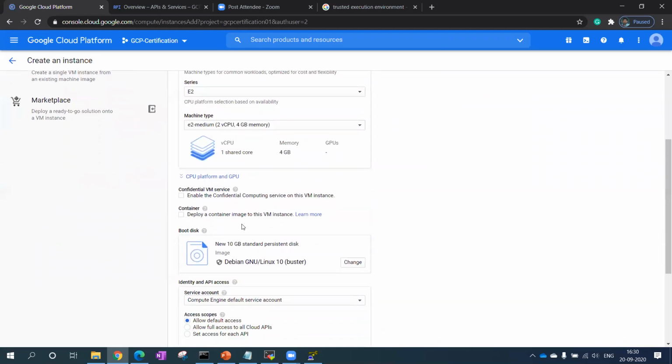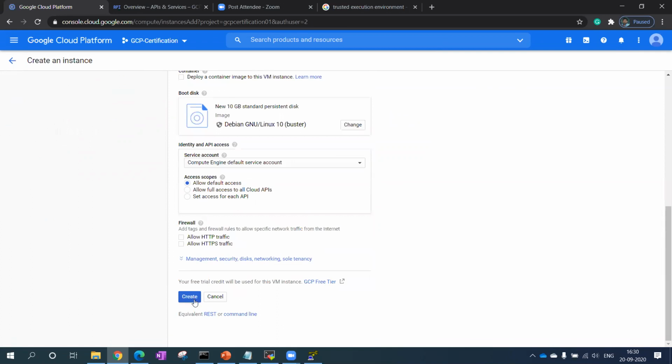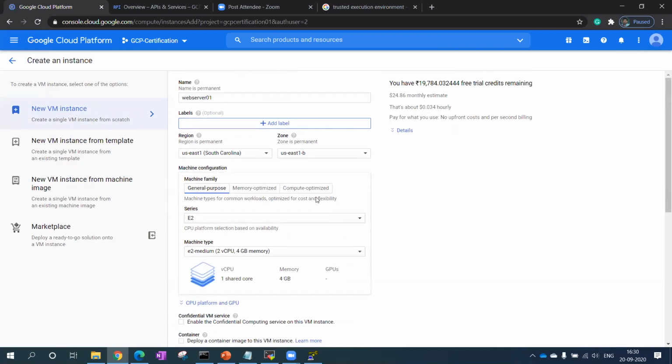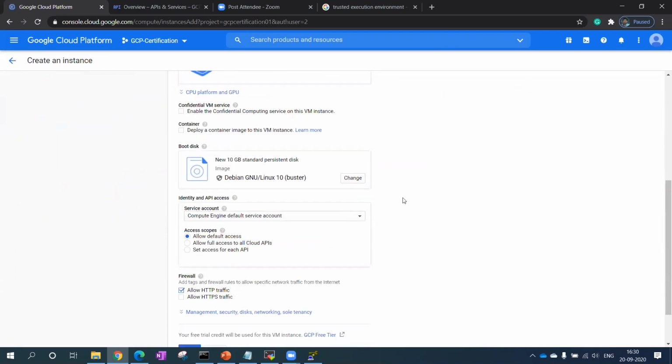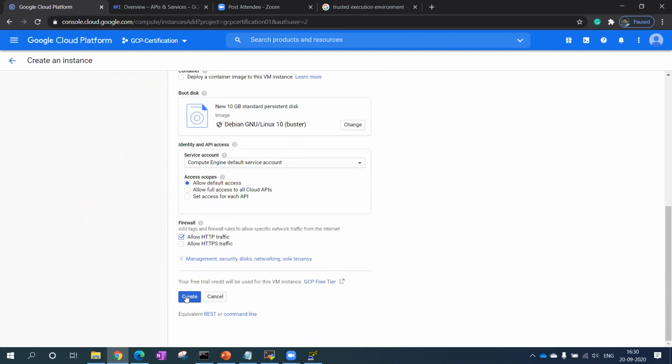For example, without doing anything, I can create the VM also. There's no need to put anything here. In this case, I will show you how the account works. I'm just going to show you that as well. So now I'm doing it manually. I'm just going to create it, for example.